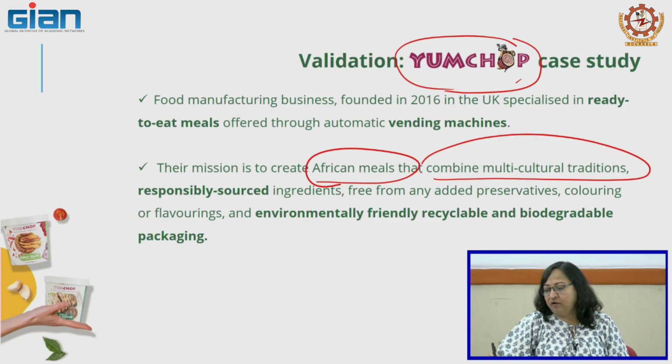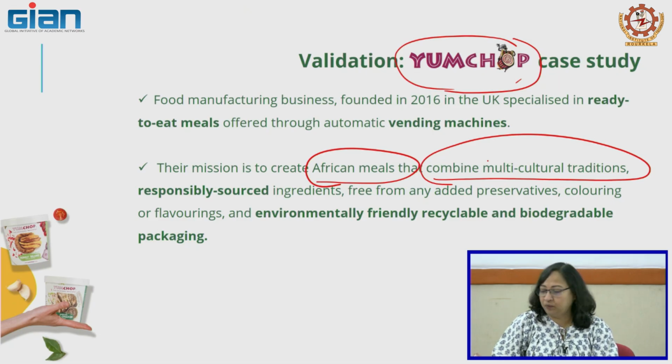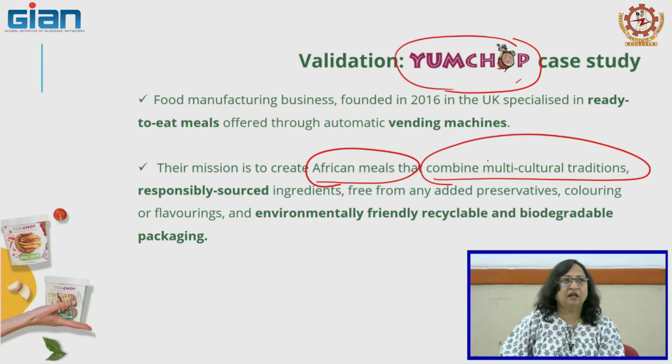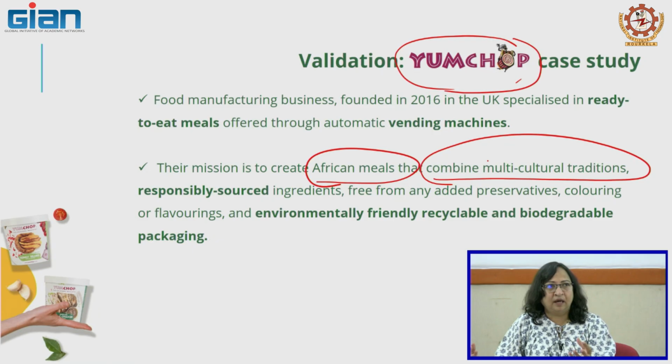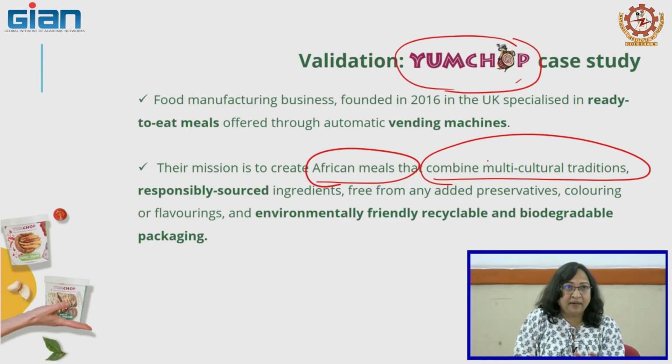For example, if they are African and selling to UK households, it is available in the underground of London, in a vending machine. But who is eating it? Not only Africans, but Europeans, Britishers, Asians, all are eating the food. That means they should be catering to different cultures and different traditions. So, the food aroma is different from African,